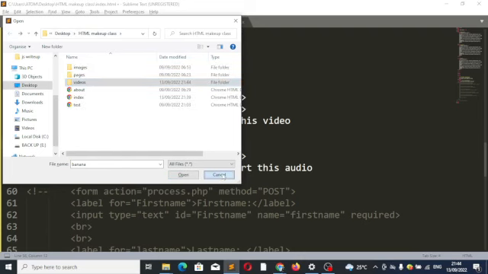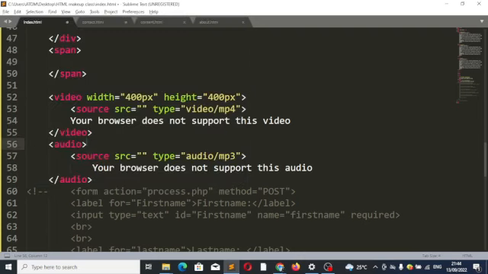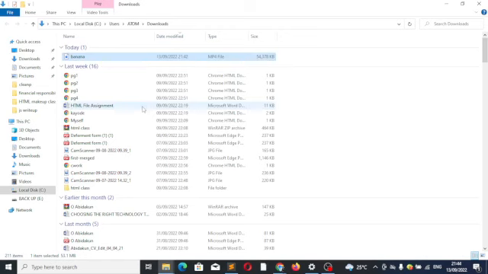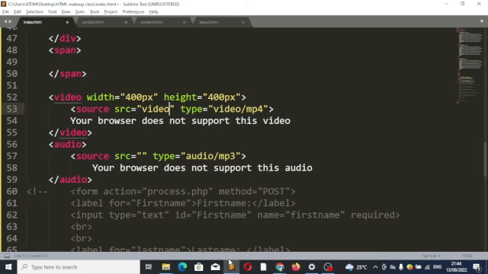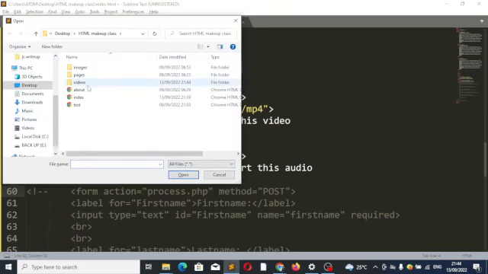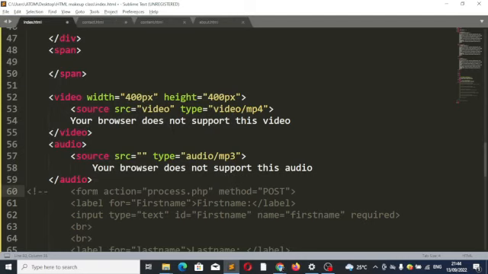So like I said earlier, you're going to link it the exact way you linked the IMG. So you're going to say go to videos folder. Is it video or videos? Where are we presently? Okay, we're going to say open this videos folder. So it's going to be videos, not video. It should be videos slash the name of the video. I think it's banana